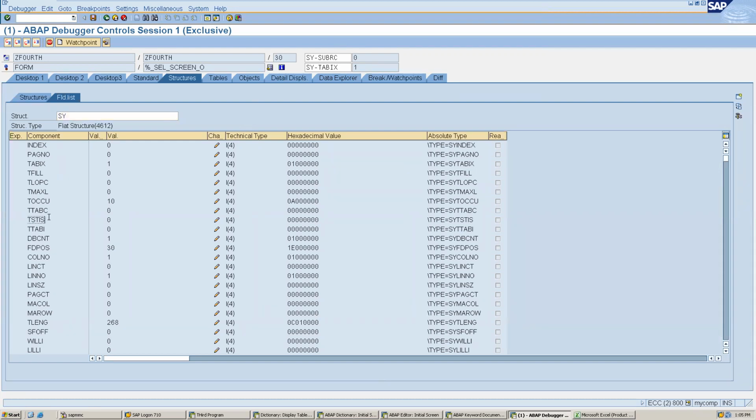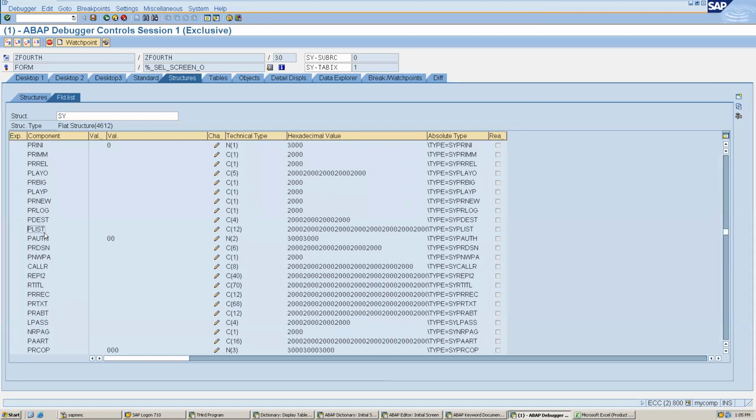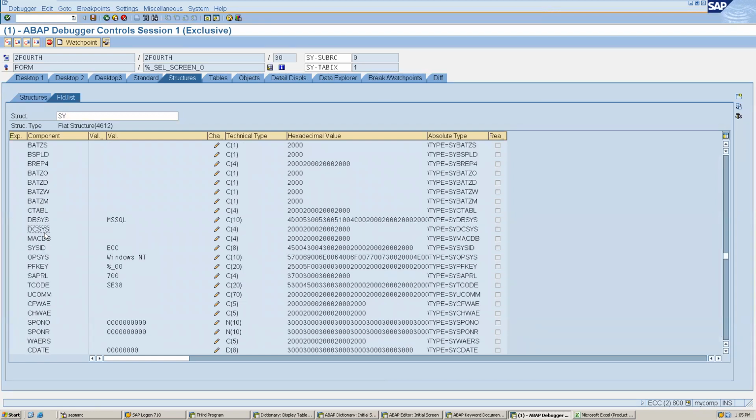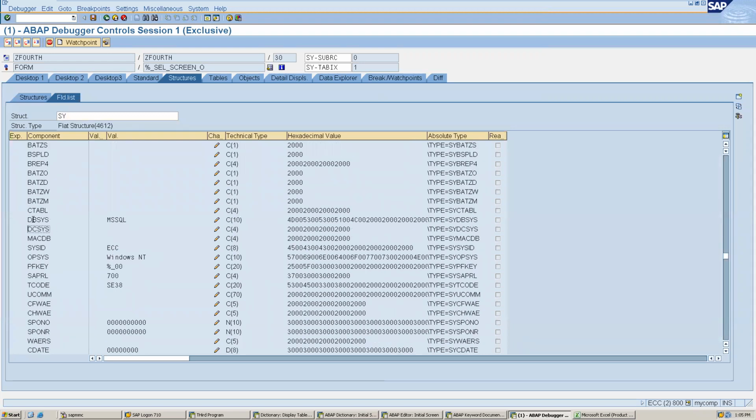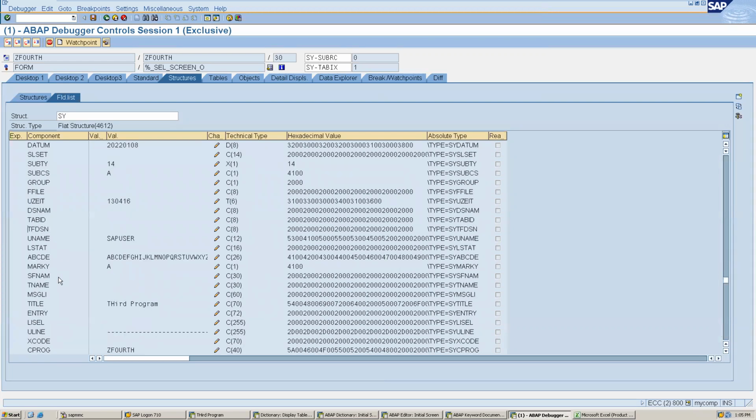So if I scroll down, why is this page down not working? Okay, you can see here many things. For example, we can see what database we are using, what the system ID is, what this SPARL is, I don't know, but SAP release, I think 700, and what T-code we are running.